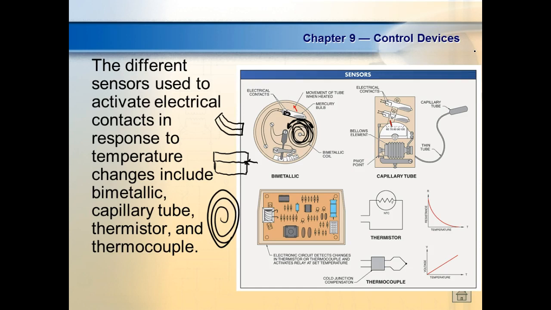Then we got our solid state sensors. We have what we call thermistors. These are semiconductor devices that sense temperature. And then we have what we call thermocouples. The way a thermocouple works is that it works off of what we call dissimilar metals. So when we combine dissimilar metals and we force them together, they'll literally